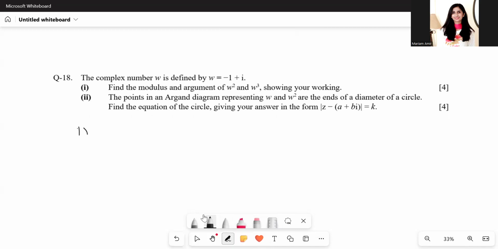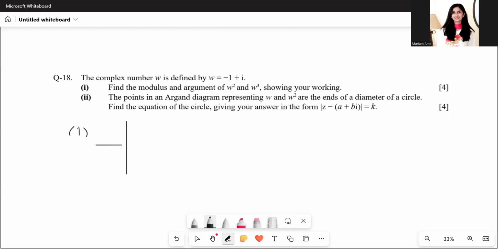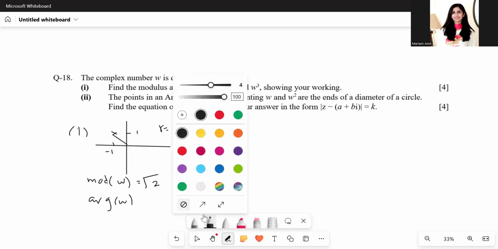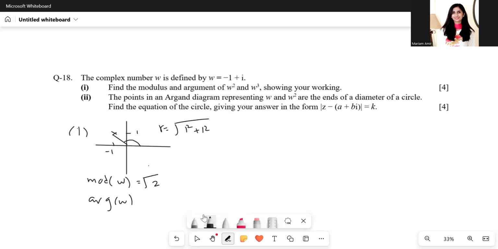Before that, I would be plotting this on an Argand diagram. So minus 1 plus i is here. Okay, the modulus of W would be, let me write, modulus of W, apply Pythagoras' theorem on it, 1 squared plus 1 squared, that's root 2. And the argument of W will be this angle, for which we'll first find this angle and subtract it